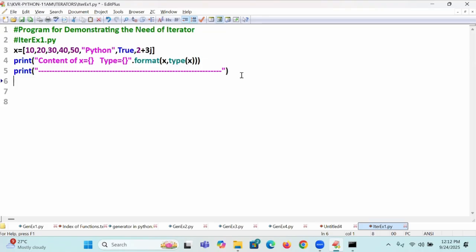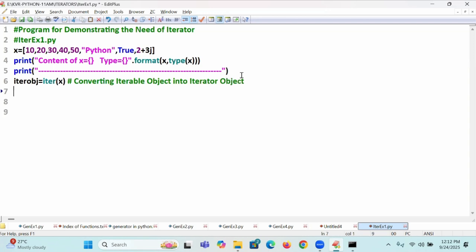Convert the iterable object into which type? Iterator object. itrobj = iter(x). Converting the iterable object into an iterator object.